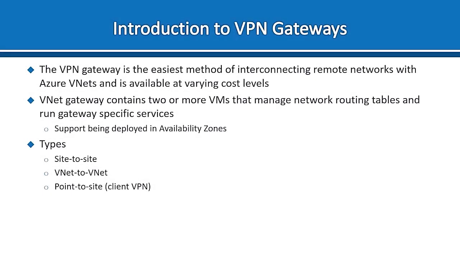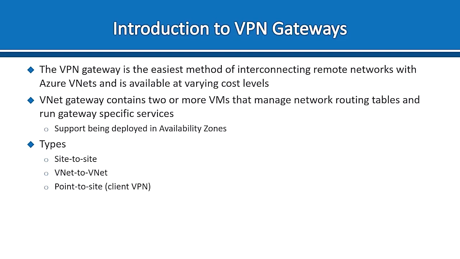So let's start with VPN gateways. A VPN gateway is definitely the easiest method of connecting remote networks with Azure VNets. And as I said, it's available with different SKUs, so various cost levels, including a free level that's intended for non-production. It's basically just a special type of gateway that's used to send encrypted traffic from point to point between Azure and an on-prem location over the public internet. Now, technically, you could use it to send traffic to other virtual networks that Microsoft maintains, maybe in other regions. But all the times I've set this up, it's been directly to an on-premise